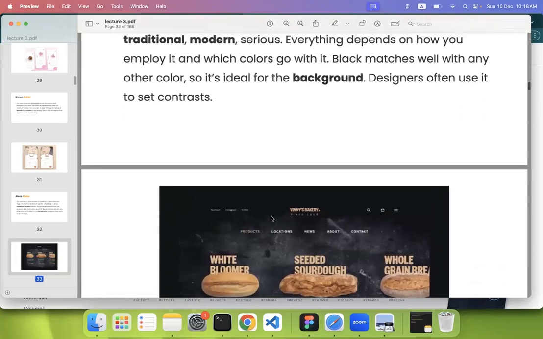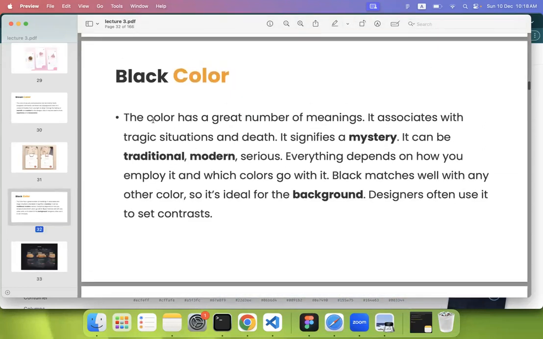set contrast. So if you interact with applications such as Spotify, even before the dark mode came into existence, Spotify launched their application with a black color background. So most of the users like their application because it set contrast with their black color background and green color foreground colors. So after the dark mode came into existence, most of these applications are now using dark mode even